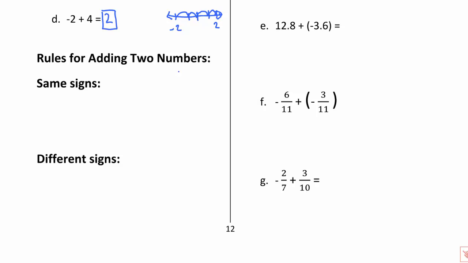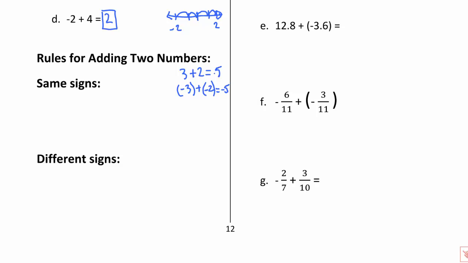Now what can happen here, I can have something like 3 plus 2, that'll give me 5, or I can do negative 3 plus negative 2, and that'll give me negative 5. Notice that I've got a positive 3 plus a positive 2, so I'm adding two same-signed numbers. Same thing here, I have negative 3 and negative 2, so I'm adding two same-signed numbers. When you do that, I'm simply adding the absolute value of the first plus the absolute value of the second, and that'll give me the answer, and then I just keep the sign of both numbers,